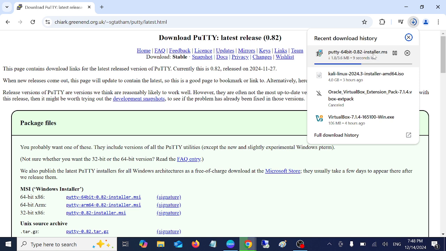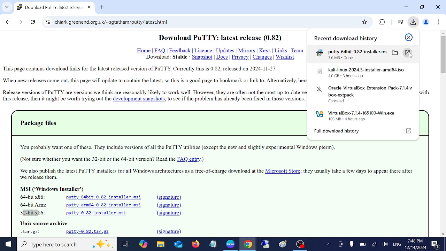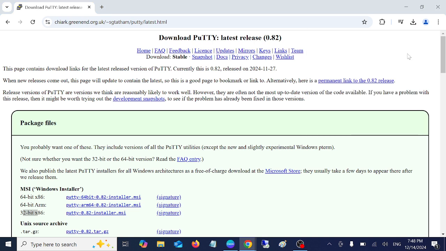Once the exe is downloaded, you need to go to the download folder and simply you need to run it. So let me show how you can run it and install the correct way. This one is for 32-bit, but we are going with the 64-bit. You just need to click from here, or you can go to its folder location,